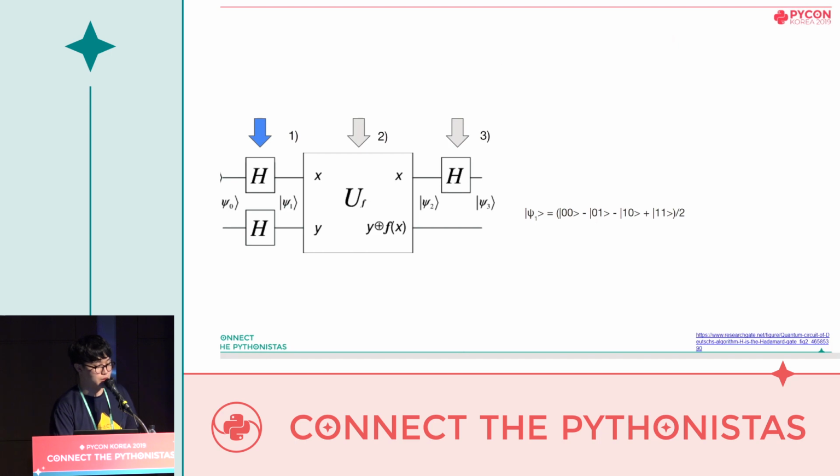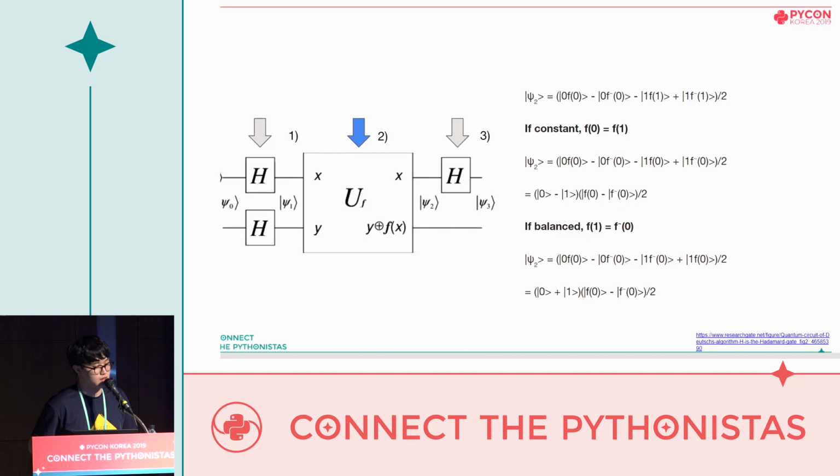And then, we apply a Hadamard gate to both qubits. Note that the sign of some states is negative, because the Hadamard gate was applied on a state 1 for the second qubit. Then, we apply a unitary gate that just passes the same value for the first qubit, and the value of the second qubit tensor plus the output of a function with the input of the value of the first qubit for the second qubit. After this procedure, the state vector looks like the first line in the slide.